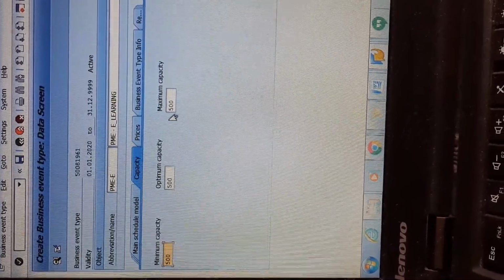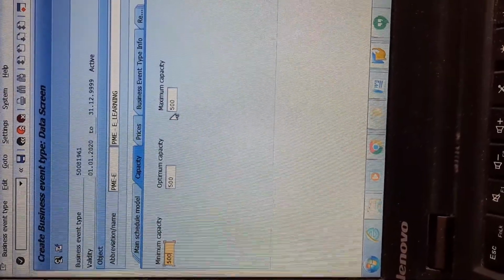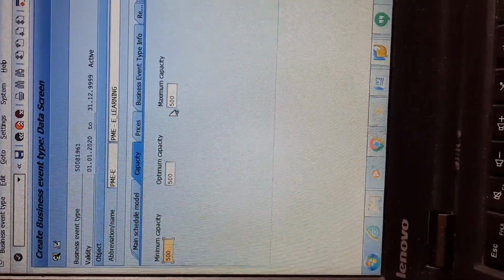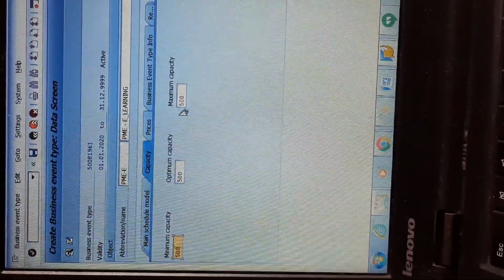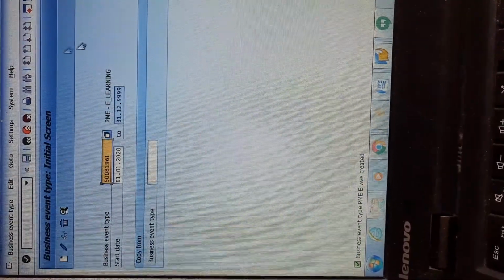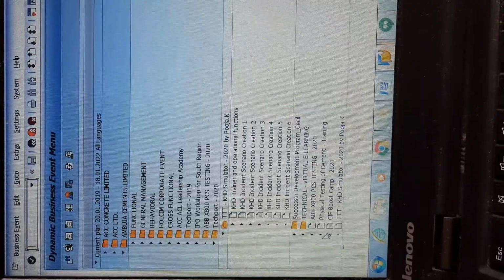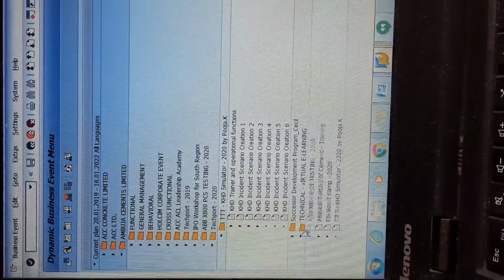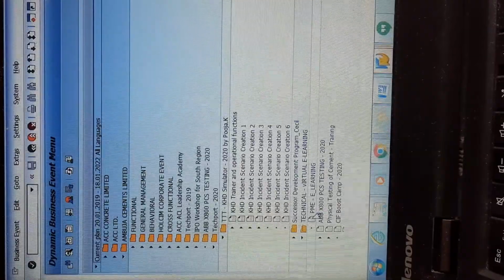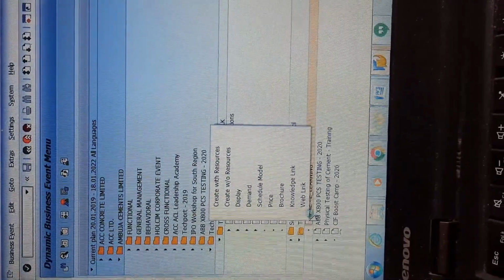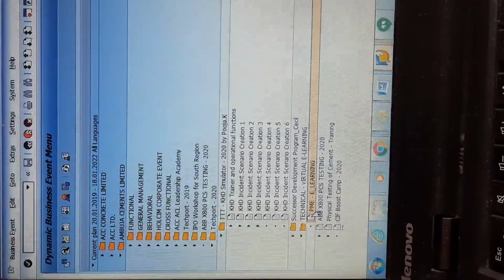Always ensure that you add 10 or 15 more, because whenever you are entering a record there shouldn't be a discrepancy error while uploading the attendance information. Okay, now I have entered it and I'll click on the save button. The record is created, and we'll see whether it is created or not. I'll just refresh this. See, under technical, techport, technical, virtual, I have got this. Good, right?